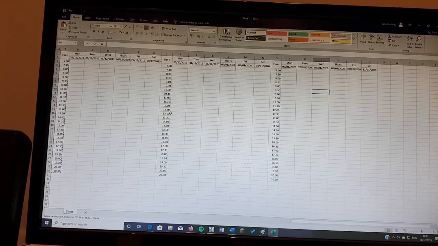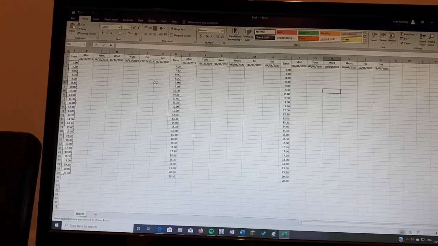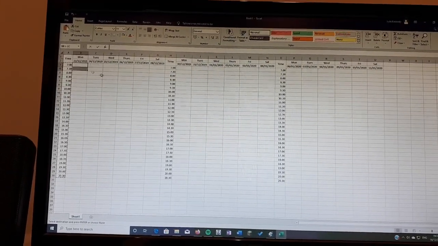Then I want 8, and then I want 8:30, and so it continues. So then, let me see, am I able to duplicate this? Because it would be very nice. No, I cannot. It's going to do weird stuff. So basically what I'm going to do is fill out the entire column and then show you once that is done. Okay, so now, as you can see, I have all my